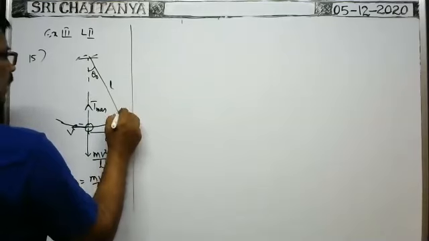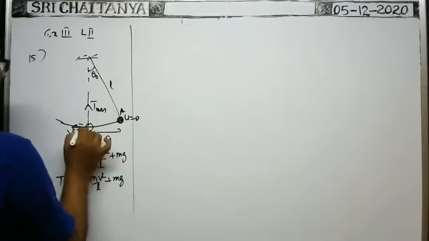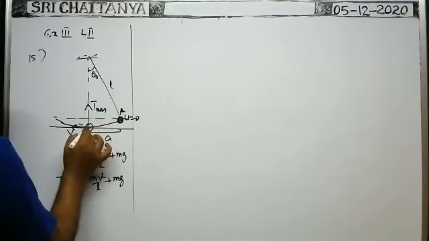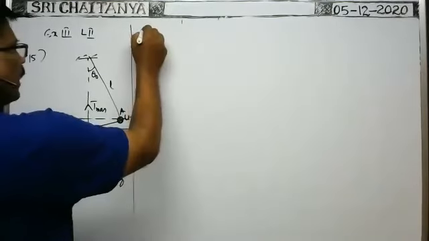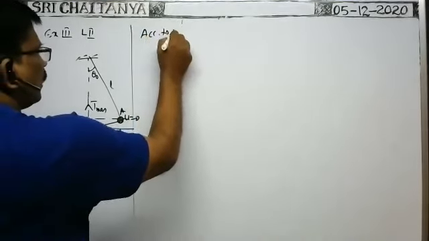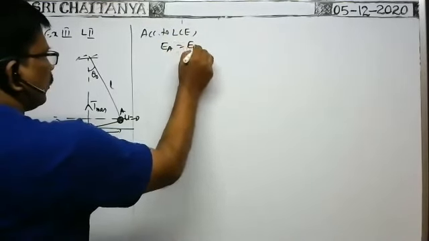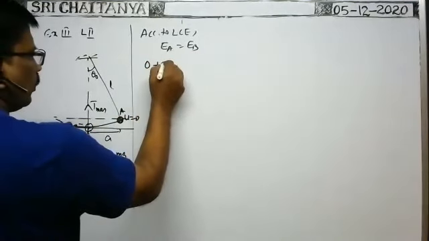Initially, whenever the body is at A, velocity is 0. Whenever the body reaches the point, say B, velocity is, say, V. This is the lowest position. You take this as the reference line. So according to the law of conservation of energy, total energy at A is equal to total energy at B. Total energy at A means, as the velocity is 0, kinetic energy is 0, potential energy is